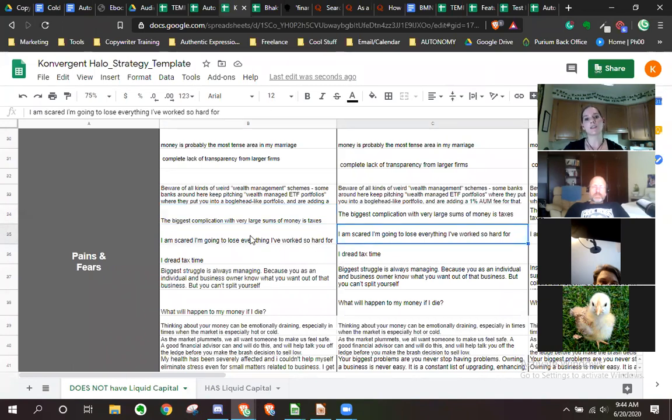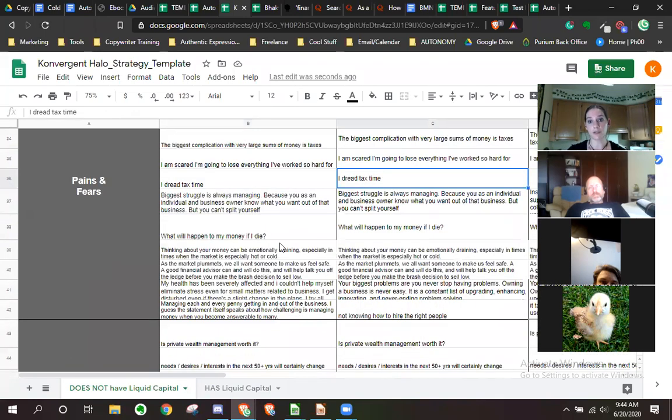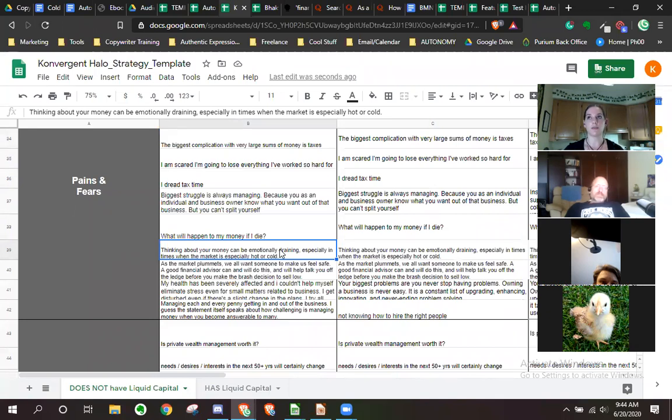So out of this, what do you get out of this research? Not only are you getting an idea of what's going on in their head so that you can write the copy to tailor to that, but this is also where you're able to create your lead magnets. This is where you're able to create your offers, because you can tailor these around exactly what they're searching for. So out of all this research, we're creating a few different lead magnets for this company. One of them is about taxes. We've got some about creating your exit strategy, so your plan to sell your business and continue your legacy on. So there's lots of different areas with this.